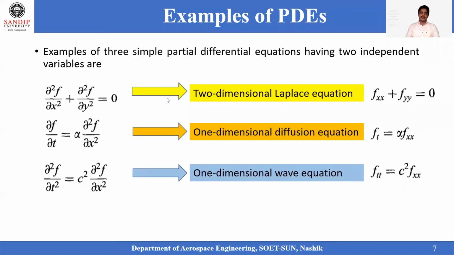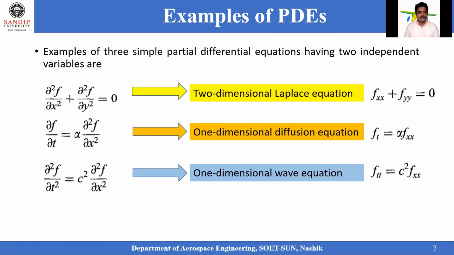One more example I have brought here is the one-dimensional wave equation, which can be represented by dou square f by dou t square is equal to c into dou square f by dou x square, where the wave is varying along the x direction. The diffusion is the conductivity or heat transfer problem related to the diffusion equation. And there is the two-dimensional Laplace equation, which talks about the satisfaction of the continuity, energy or momentum equation. We have seen in the earlier sessions that the continuity equation needs to be satisfied, and that is given by this two-dimensional Laplace equation.